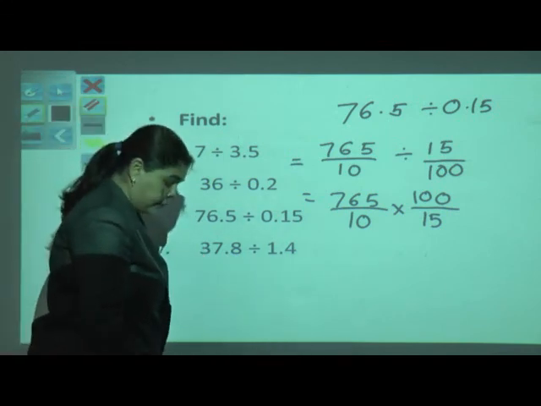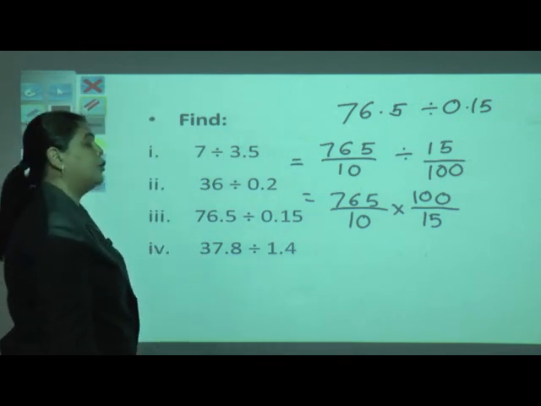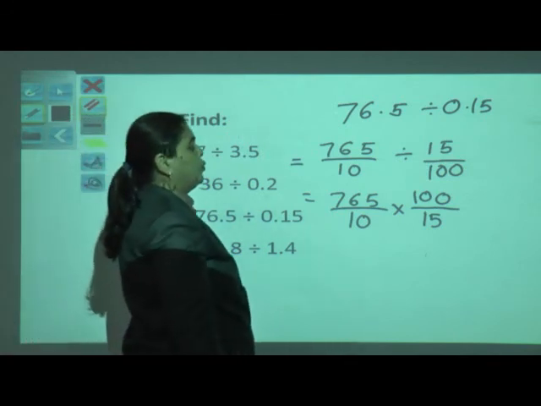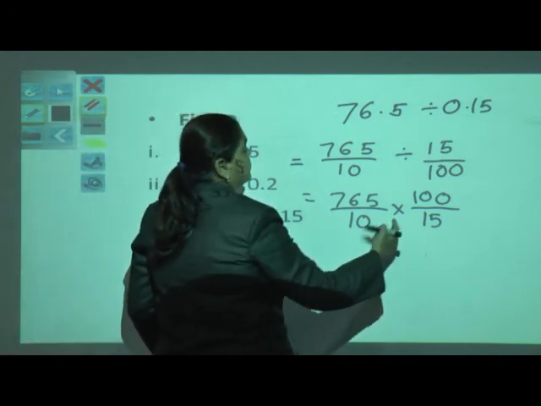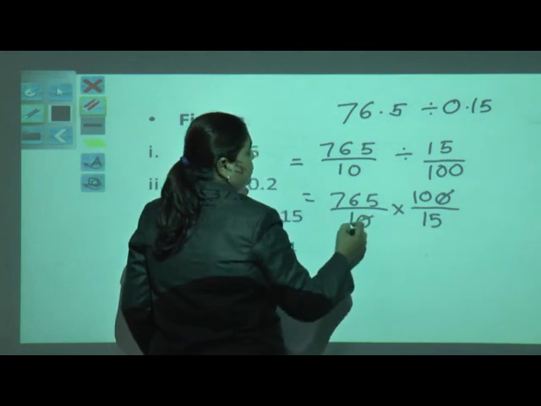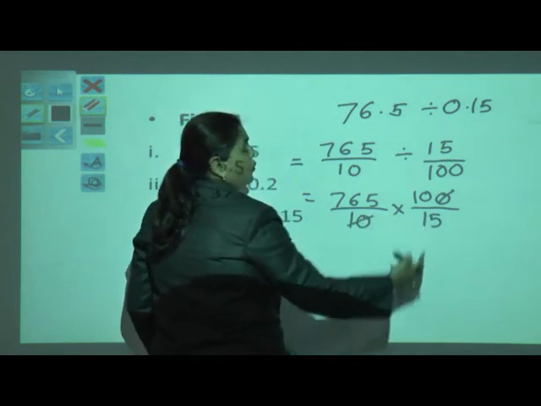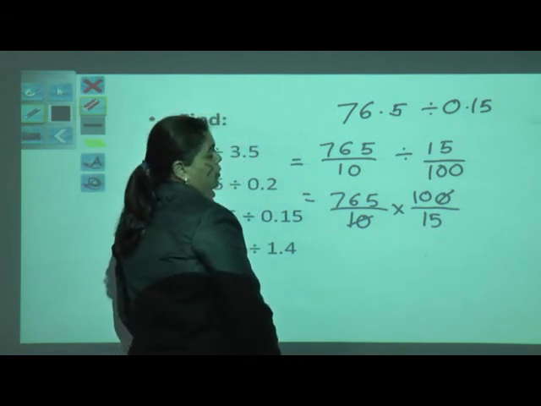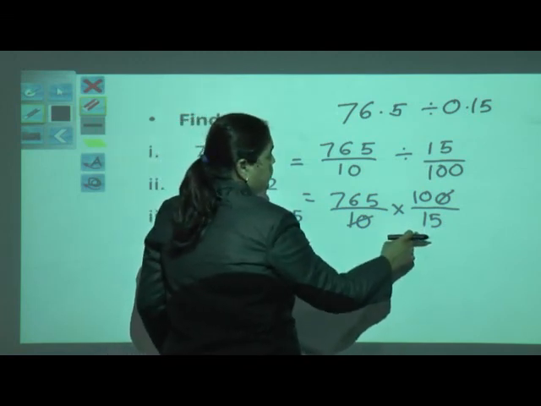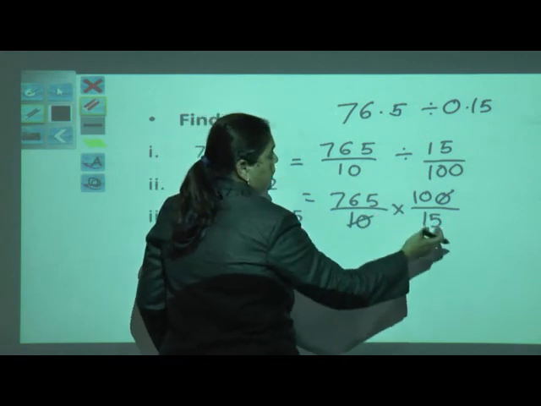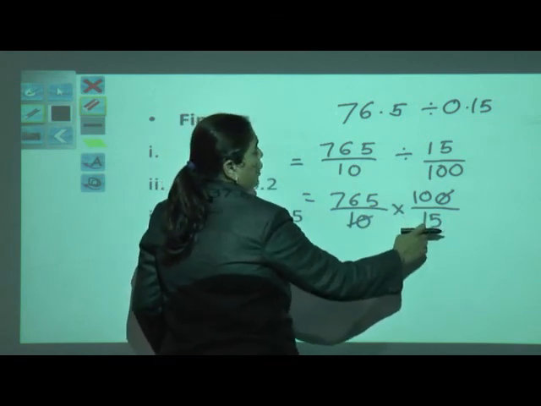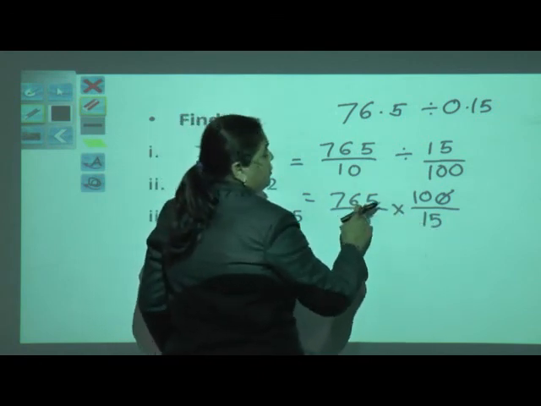Now you might be thinking you are having big numbers here. I told you if it is possible to reduce, you have to reduce it. Yes, we will reduce 10, 10 here. You know the divisibility rule. You can use the divisibility rule or you can do it step by step. Here we are having a 5, so it will be divided by 5.